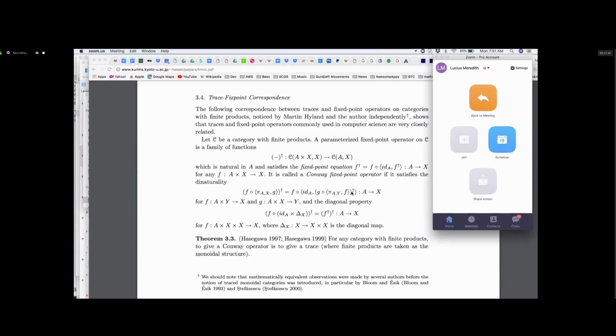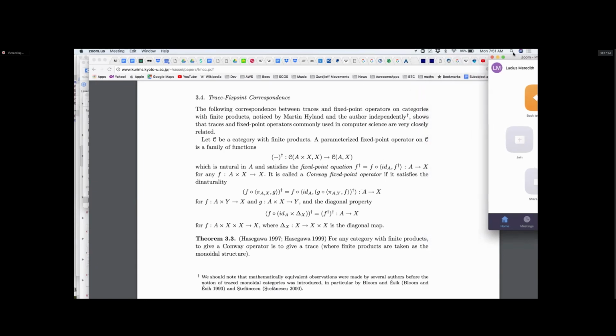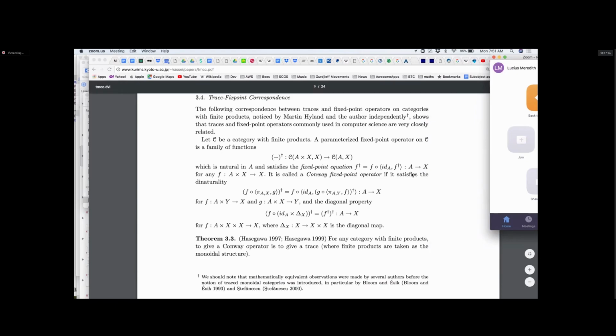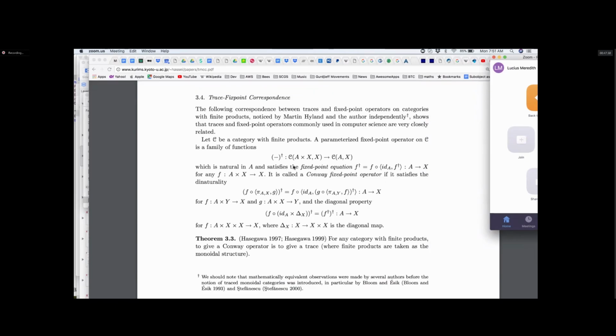Okay, so it turns out that you can characterize that fixed point operator in a categorical way, more or less as a family of functions that take you from a product.